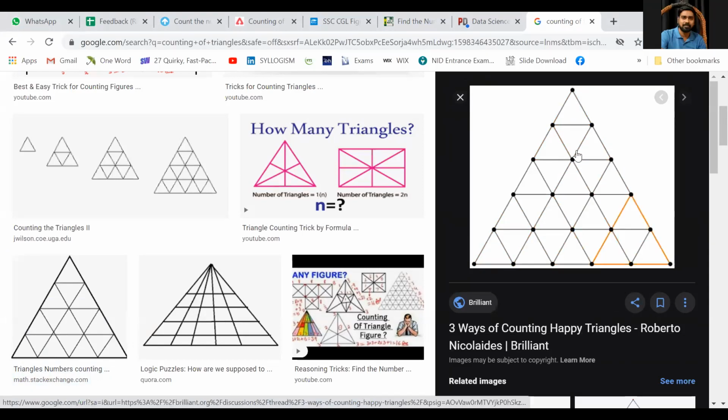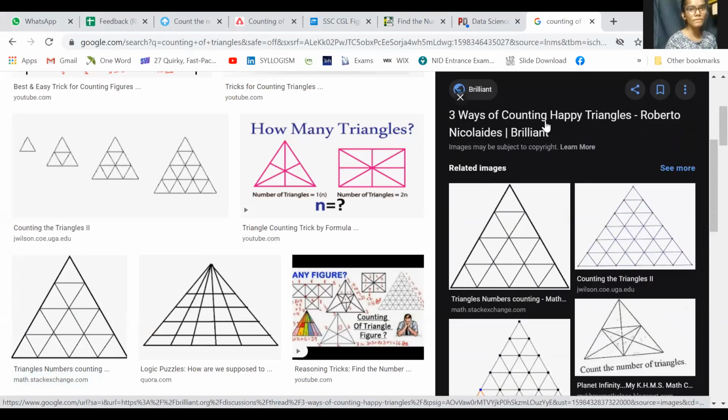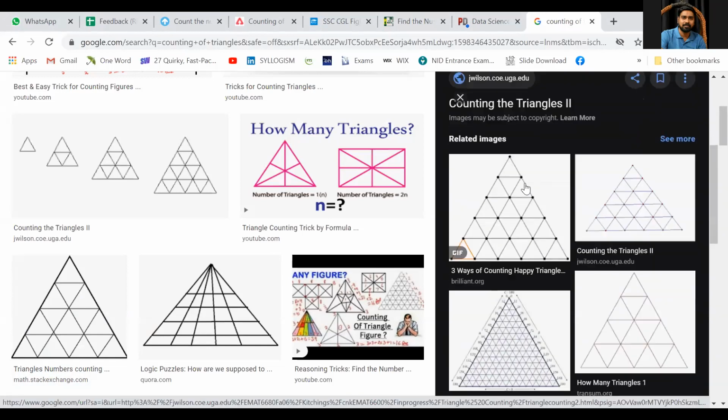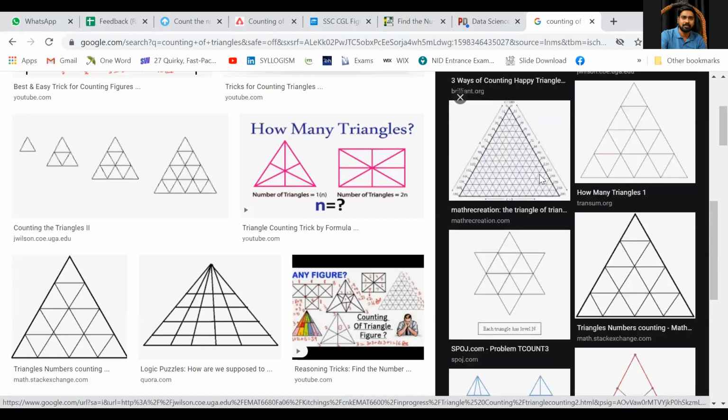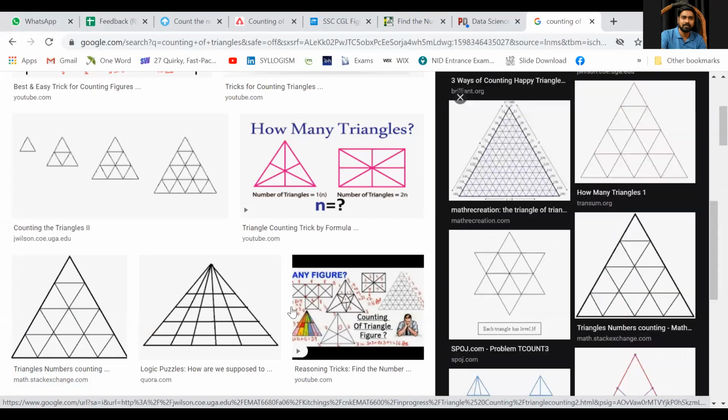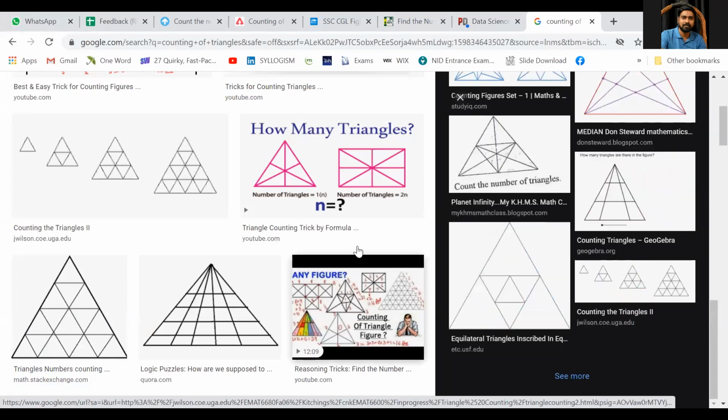How many lines over here? 1, 2, 3, 4, 5. Right? And now 1, 2, 3, 4, 6. Now can you see that you can easily get the answer? There's no need to count or recount and be confused about it. Just search for lots of questions and figures out here.